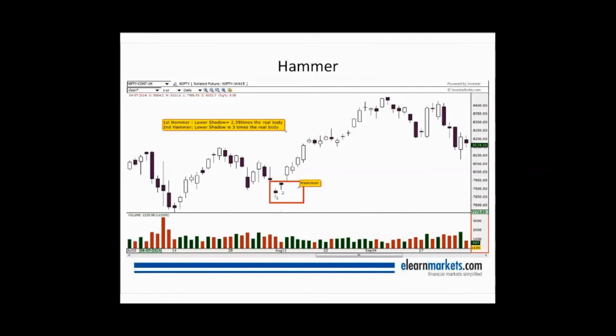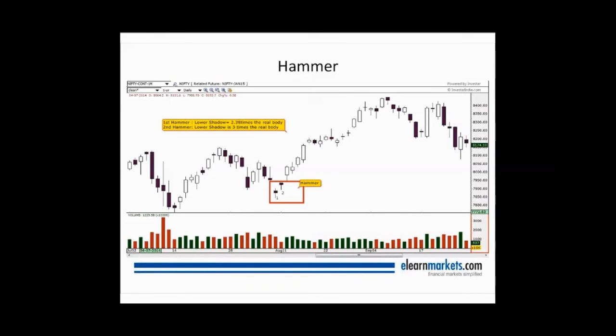Let us understand this with the help of an example. I have tried and plotted most of the patterns on the Nifty index itself, since it is one of the most assured financial assets, whereas these candlestick patterns work equally well and the same in all asset classes.